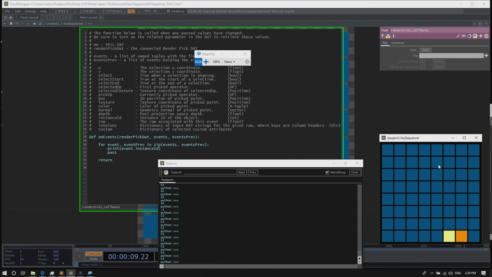And it's also outputting the instance ID of when I'm clicking onto an operator. Every time there's a render pick event, this function runs, so the number of the button I'm rolling over or clicking is output to the text port. So the first thing would be that I would want to differentiate if I'm rolling over or if I'm